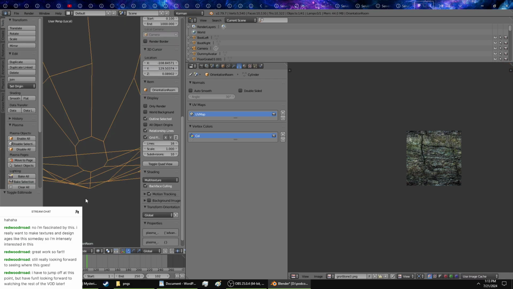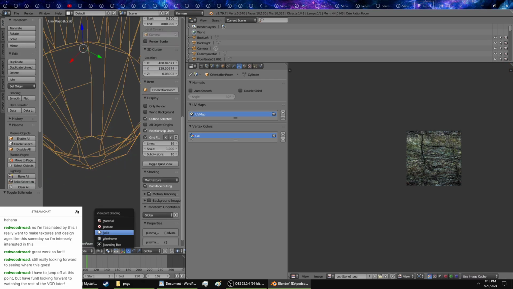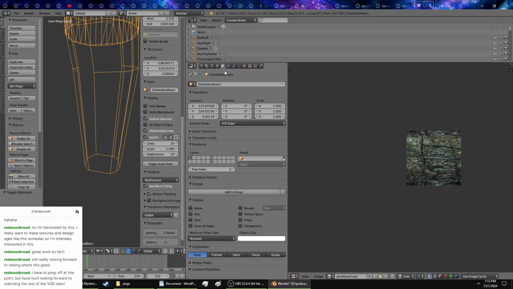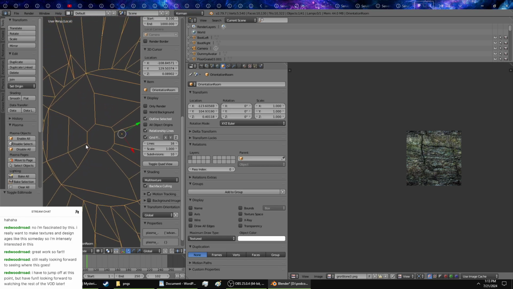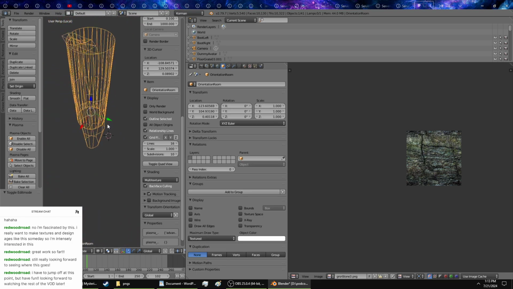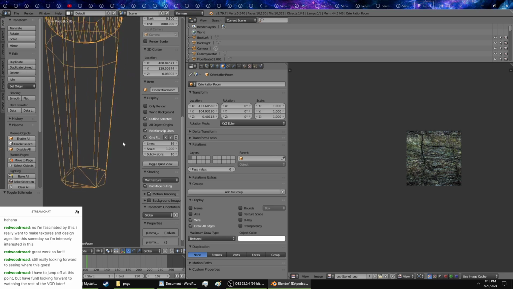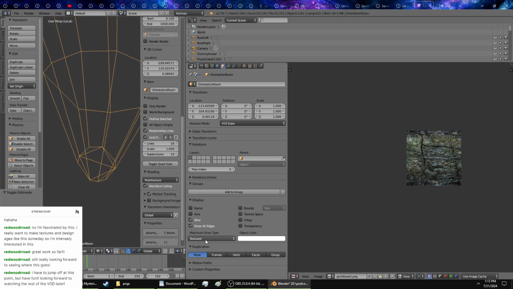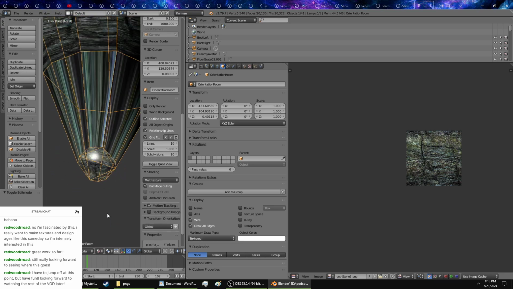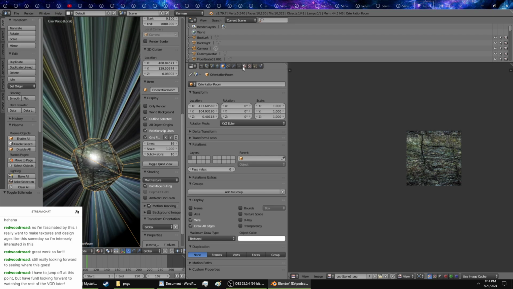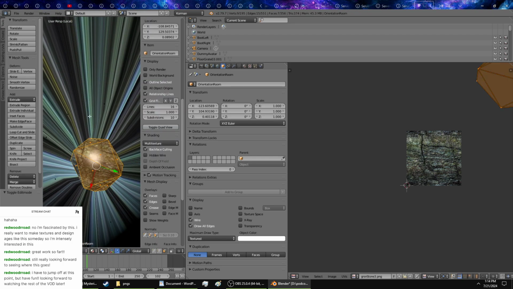Tab, object mode. I'm going to switch back to... Oh, hold on. While we're on the subject, you can see how it's kind of not rendering all of the lines in this wireframe form. If we hit wire and then draw all edges, yeah, now we'll see those at all times. If we go back to material, yeah, now we got the stuff. And I'm gonna do